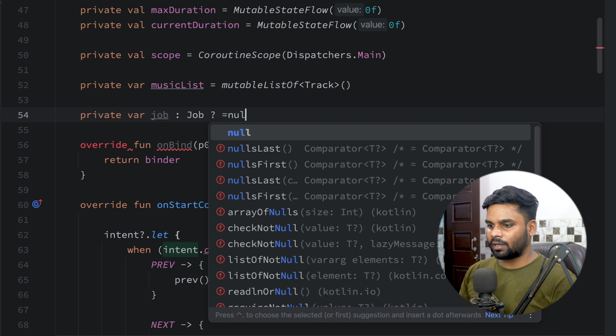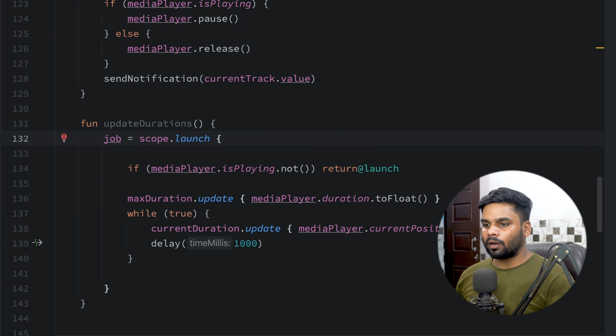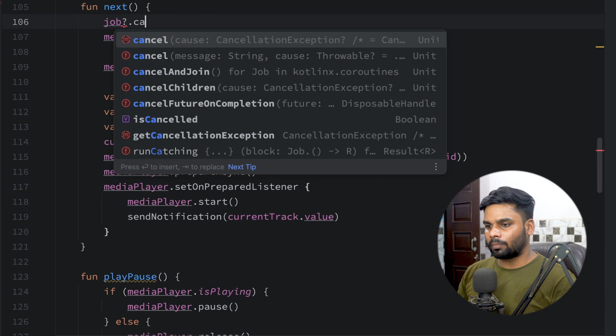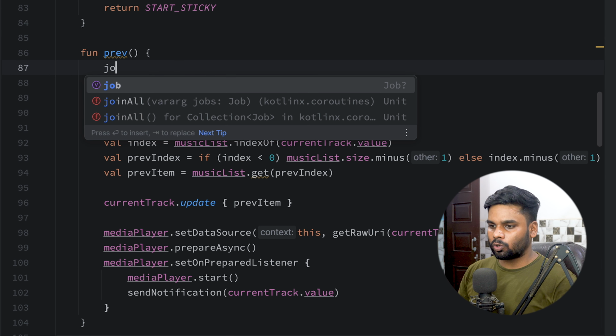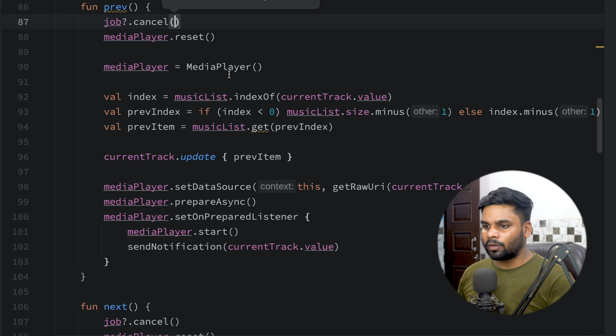Initialize this thing with null. So now it's time to take this job in my job variable. Now go to your next function and simply use your job and cancel it. Similarly for the previous, make sure to cancel the previous job, otherwise you will find some problems when you are